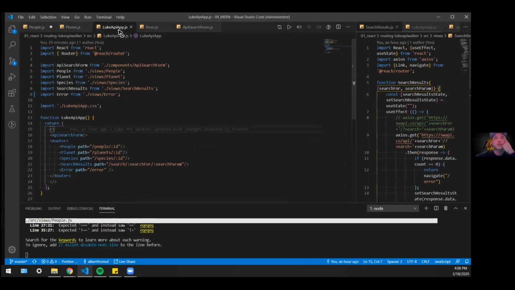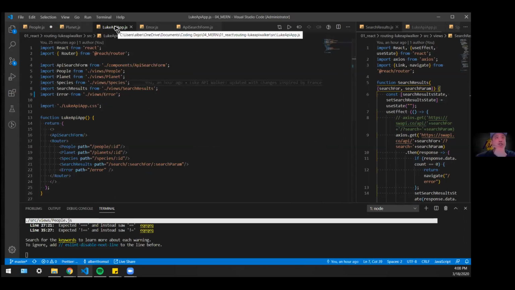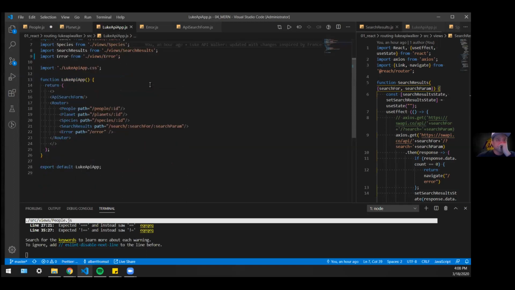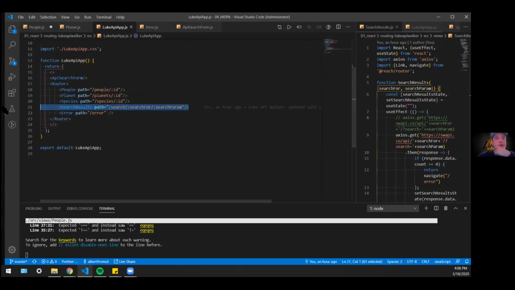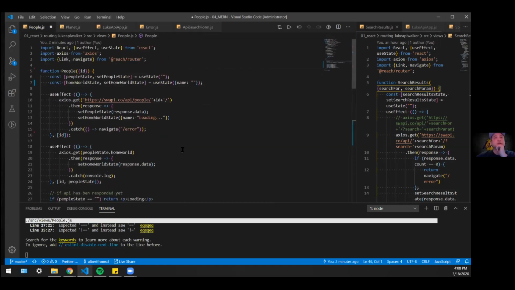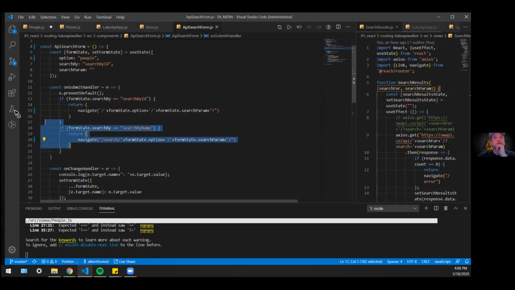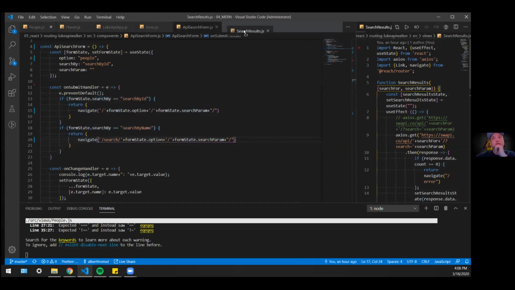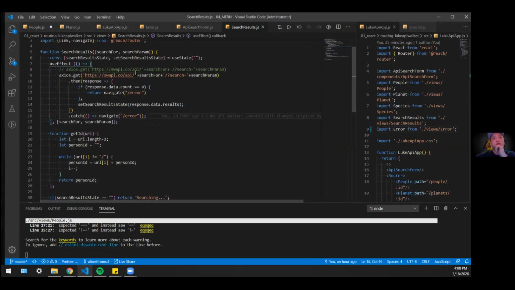Mine is called Luke API app, but for most React projects, this will be the app.js file. So I have a search results component. This path, even though it looks a lot cleaner here, is essentially the same as the one that I showed you right here. Search results. It's essentially just pulling the data. This is the only part that's different. If you notice right here,